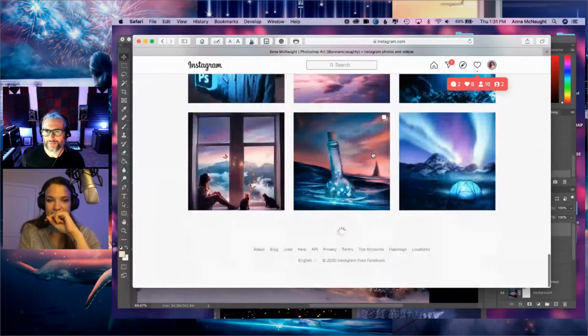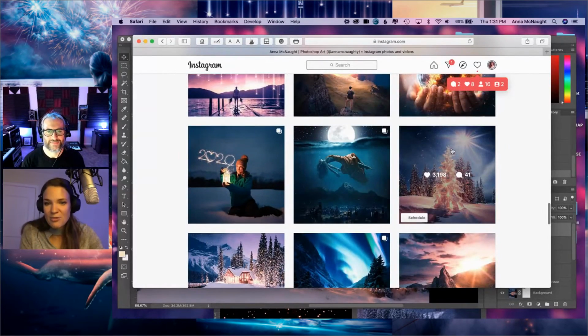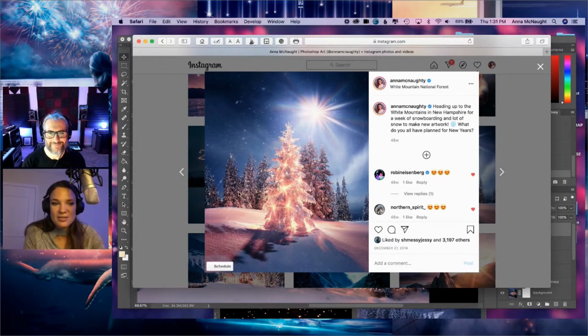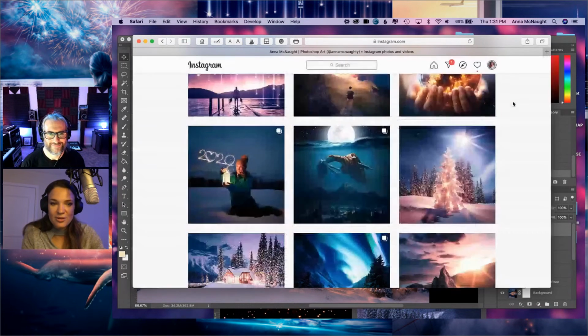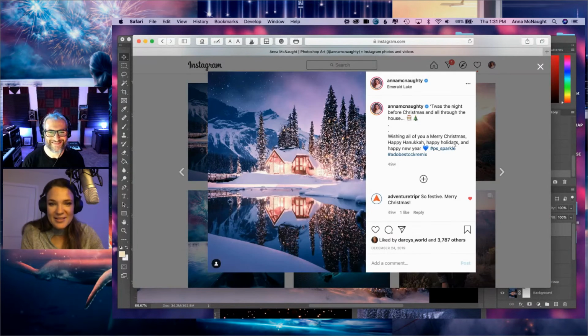Yep, I am good to go. Okay, bring you back. Now I have to find it. So you can see I've used this before in other images, the little twinkle fairy things. Here it is. So I went like ham on this guy, adding lots of lights. But this was kind of what I was going with, kind of what we were creating.